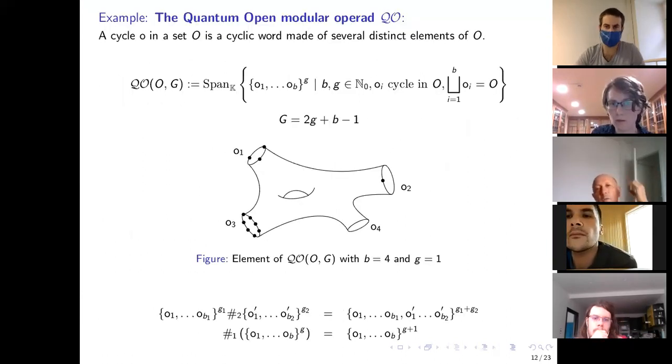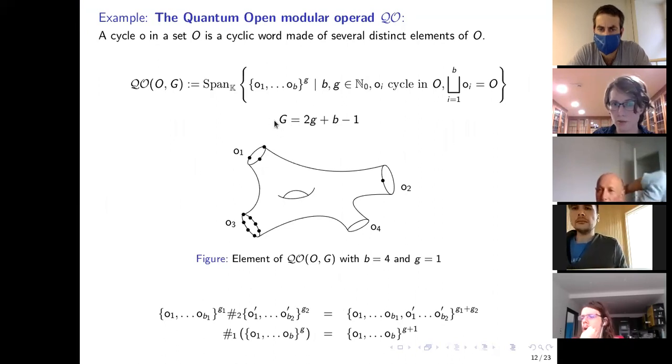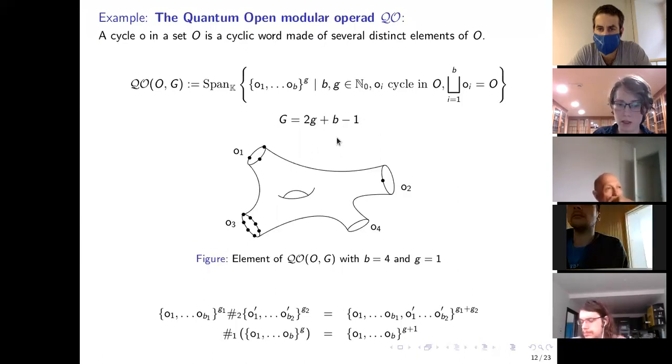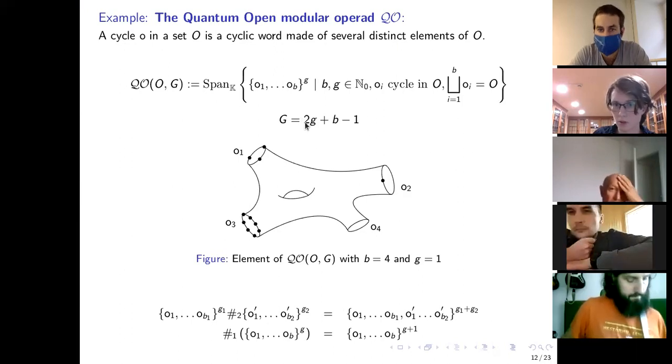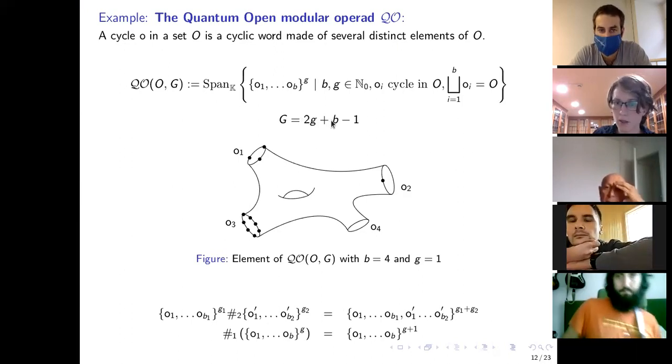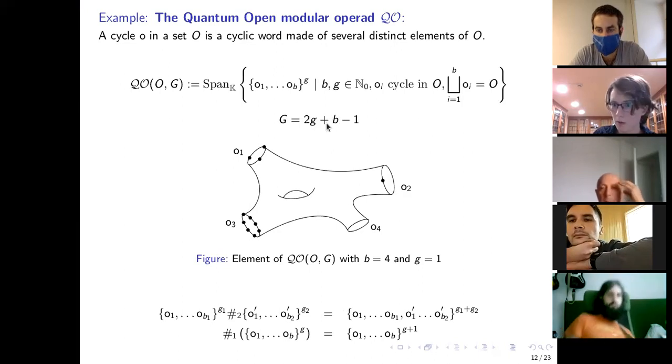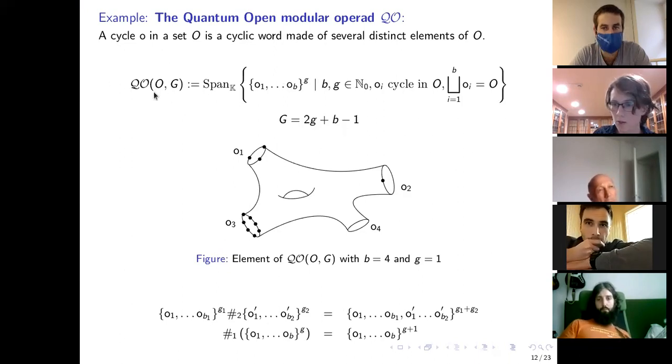Like, because it is kind of convention, right? Because we use some particular convention. Yeah, when one looks at the combination, how the big G is given from the geometrical genus and from the number of boundaries, in general there could be any alpha here. There doesn't have to be exactly 2. And then there would be some coefficient in front of the B, which will also be given by some alpha, and the number of the punctures will also play a role. So it's possible to have some different linear combination here,